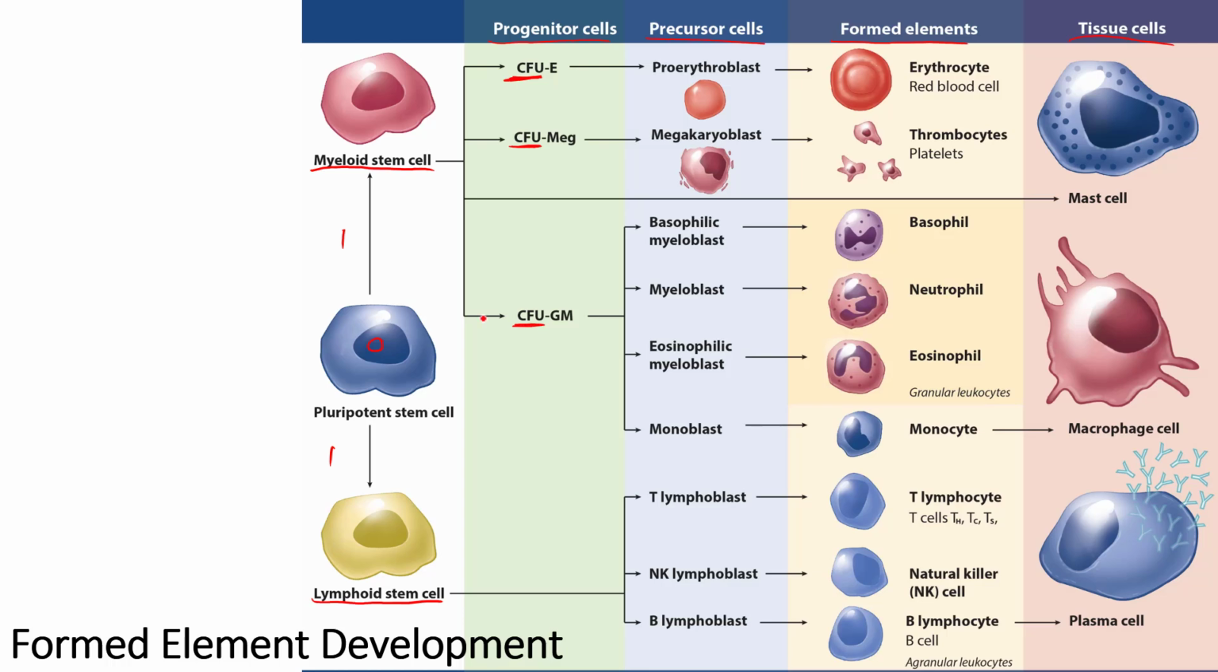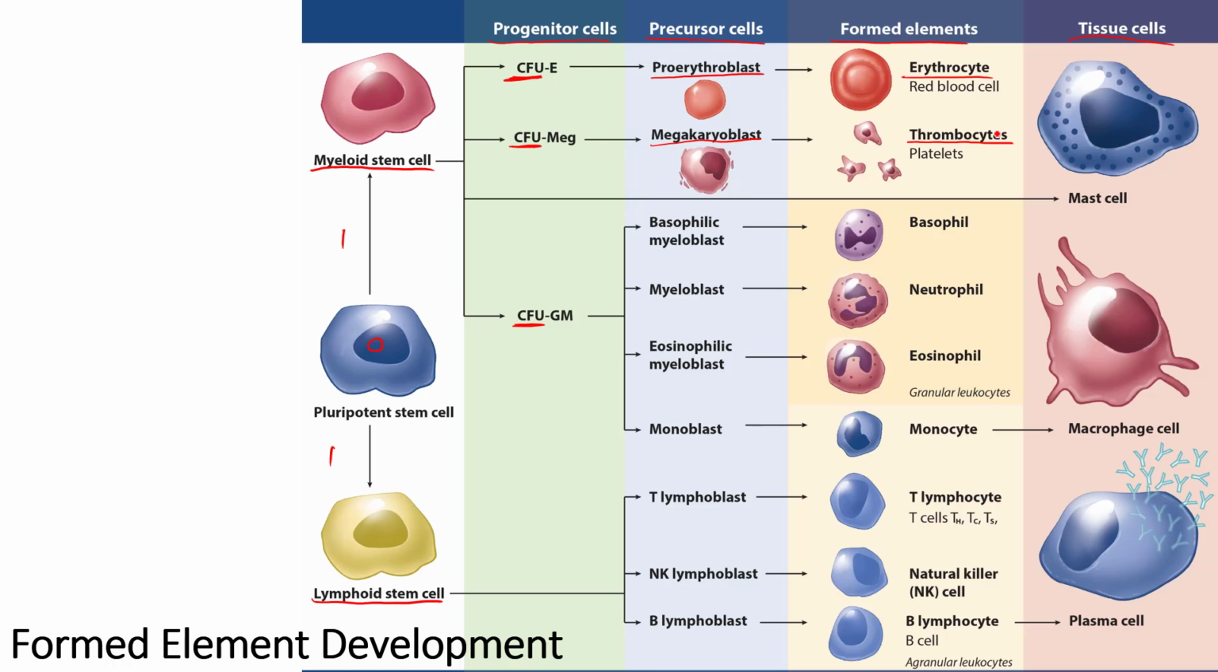So these are colony-forming units, erythroblasts, colony-forming units, megakaryoblast, and colony-forming units, granular monocytes. So colony-forming units, erythroblasts, differentiate into pro-erythroblasts, which eventually become red blood cells, or erythrocytes. Colony-forming units, megakaryoblast, become megakaryoblasts. These are very large cells that kind of break down into smaller fragments, and those smaller fragments are the platelets,